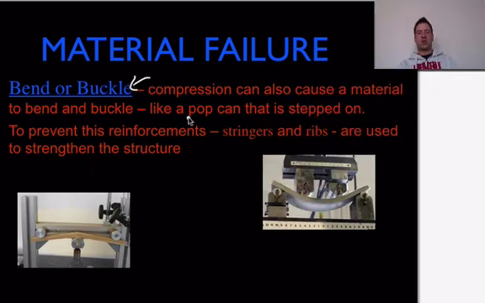So compression can also cause that. If we compress a material, in this example we had compression forces pointing here, and it caused it to buckle or bend. Same thing, we're applying compression forces and we can see them down here, and we get this bow in the structure. Okay, so when things bend or buckle though,